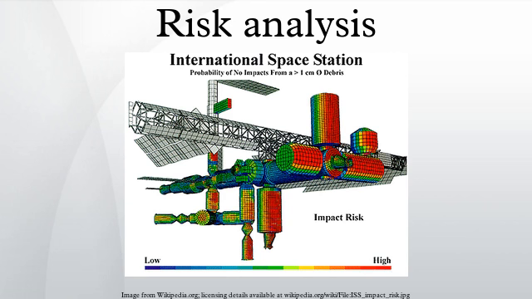Thus, risk R can be described as a set of triplets, R equals {(Ci, pi, ψi)}, i equals 1, 2, ... N, where Ci is scenario i, pi is the probability of scenario i, ψi are the consequences if scenario i occurs, and N is the total number of scenarios. This type of analysis typically results in a probability distribution over the consequences.